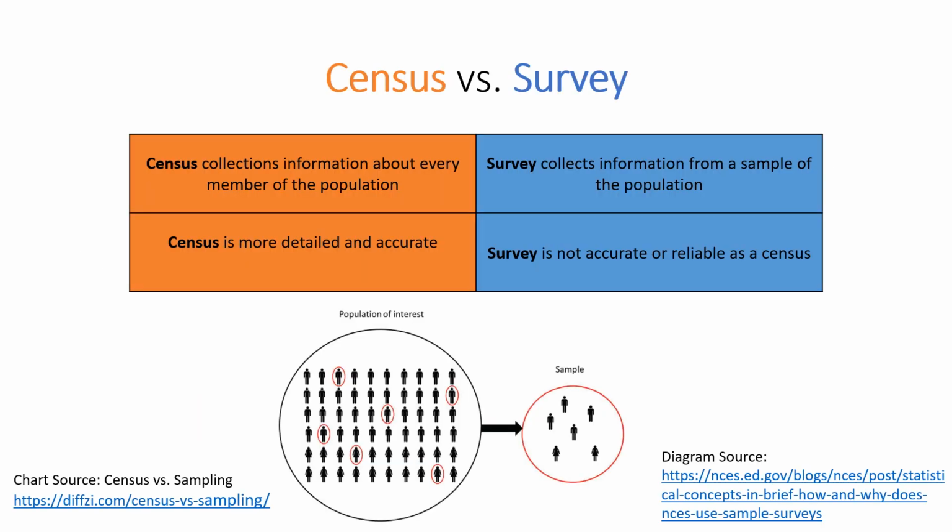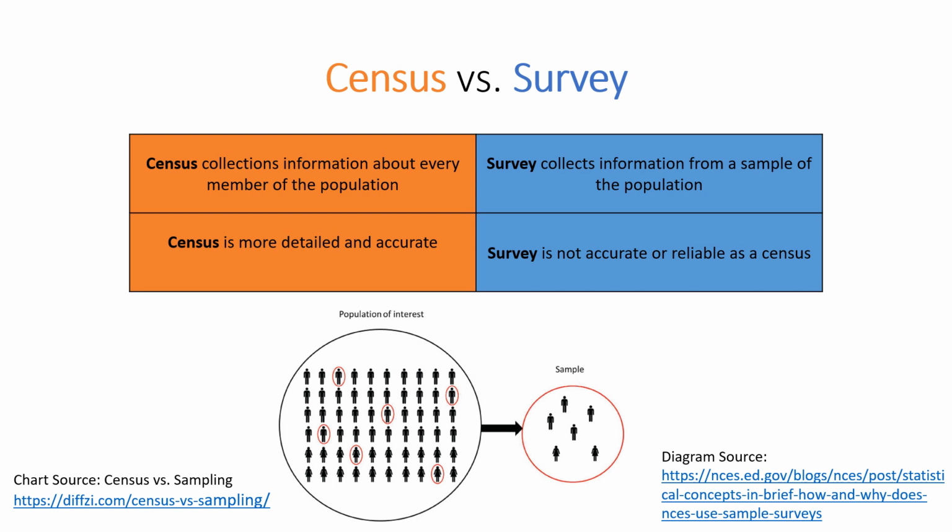Let's now focus on data collection methods. In the social sciences and health sciences, there are two data collection techniques that are common. One is a census, and the other is a survey. A census collects information about every member of a population and has a lot of detailed and accurate information. A census is an expensive undertaking, and it takes a lot of time for statisticians to analyze and release data from a census. The most common census is a national census, which most countries conduct. In Canada, it's called the Census of Population and is conducted every 5 years.